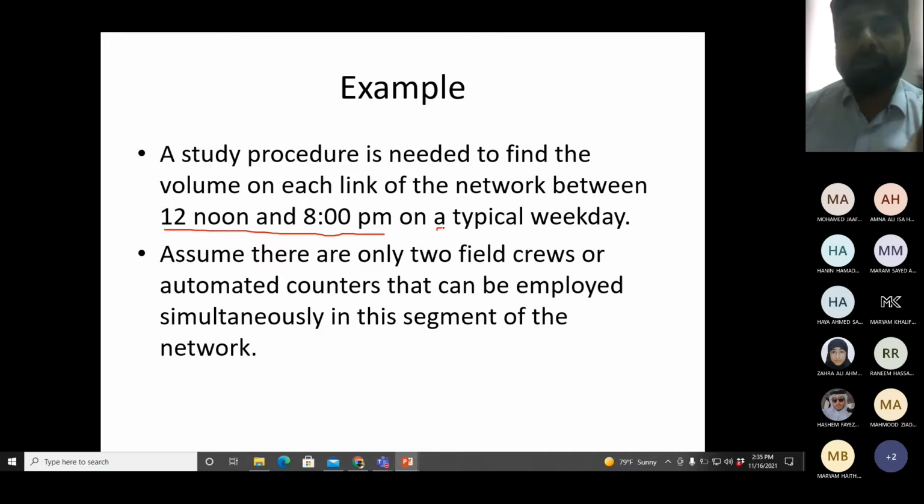How much data I should take for the coverage location depends upon my decision. It is totally my decision. I can say that I will only take 30 minutes of data from each coverage location, or 45 minutes, or 1 hour, or 1.5 hours. It depends totally upon me. In this study, they have decided that on the 6 coverage locations, for each location, the data will be taken for 1 hour.